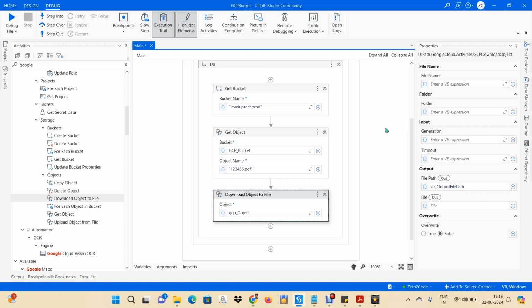So basically we have to give the file name and the folder where it has to be downloaded. Okay, so that information we have to provide. We can provide it in the property panel of the GCP download object activity. Here, if we go to the property panel, we have file name. Here I am going to give something like